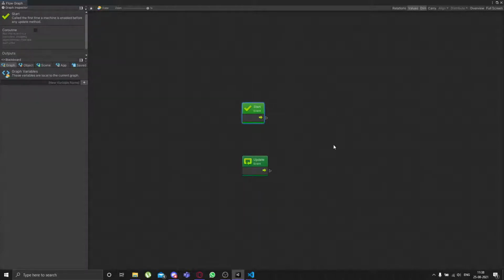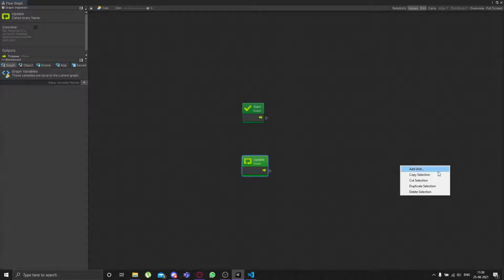A start node, which is basically a function which is called the first time when either the game is started or the object is created. And the update is a function which is called every single frame. So we want to rotate our box,